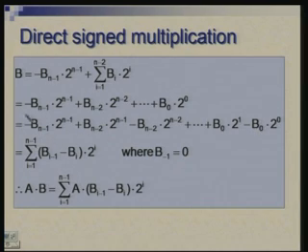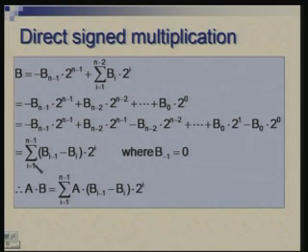I can then combine the terms with the same power of 2. So, for example, here these two have the same multiplying factor 2 raised to n minus 1. What I get is b n minus 2 minus b n minus 1. Similarly, this term will combine with the next term involving b n minus 3 and so on. So, what I get is this summation of b i minus 1 minus b i weighted with 2 raised to i and summed over, i goes from